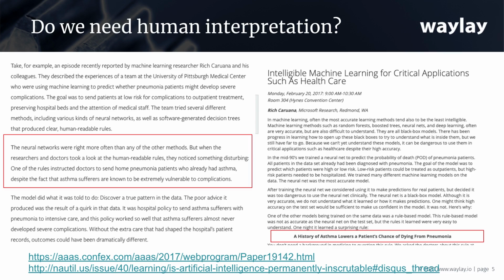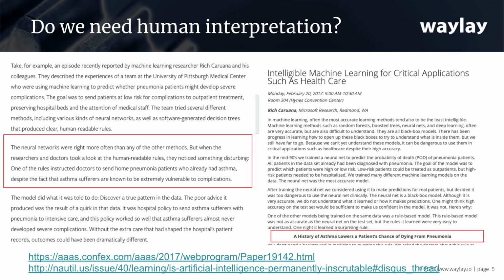In many cases, as we know, there is a lot of progress happening in AI and machine learning these days. One of the natural choices can be neural networks. Here I would like to indicate one of the problems that we might have when dealing with this sort of problem. In one case, a university tried to use different machine learning models for monitoring pneumonia patients to understand whether these people need to be taken care of in the hospital or rather sent